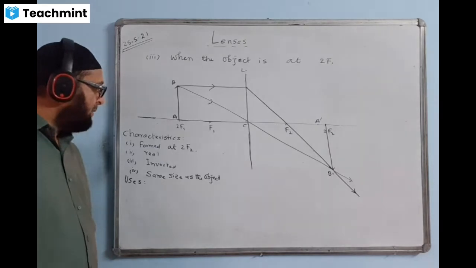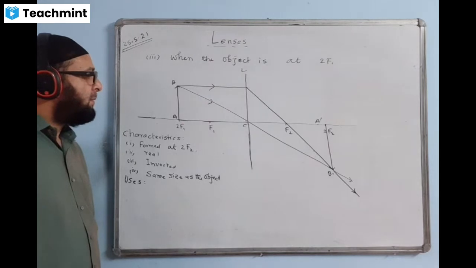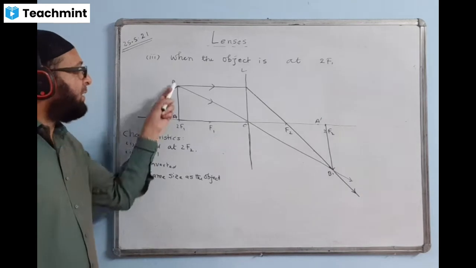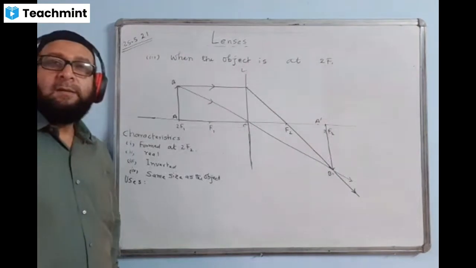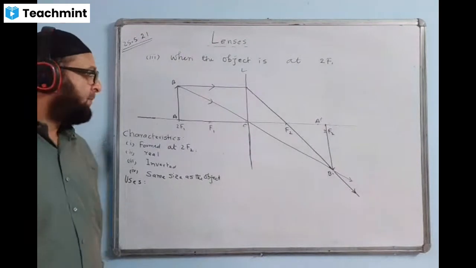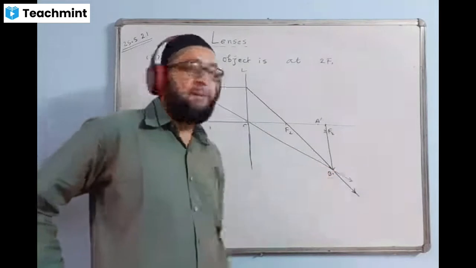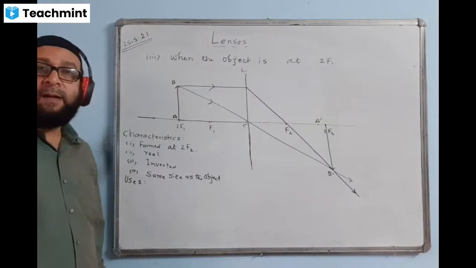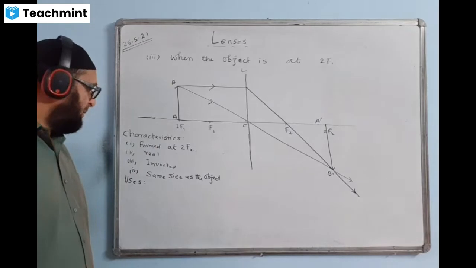And yes, three rays also can be demanded. For the third ray, you take it from F1 and it will become parallel like this. Three rays, same as before. The third ray will pass through the auxiliary focus, become parallel, and pass through the same point. You can give a try and see that the third ray will pass through the same point. Third rays can be demanded. If it is not mentioned in the question, you may not take the third ray, you can do it directly.